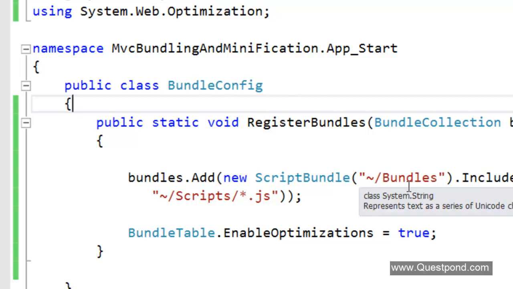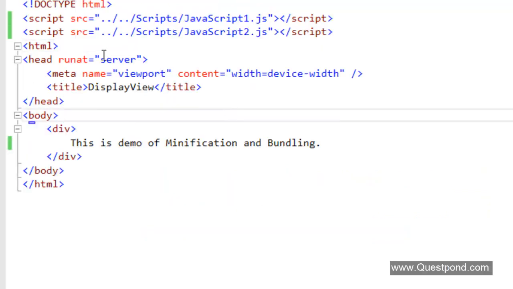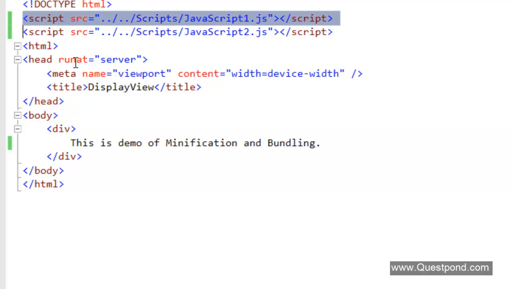We have created a bundles collection. Now we need to call this bundle collection in the display view.aspx. If you remember, right, in the view currently we have this script written like this. So we need to use the System.Web.Optimization and call the bundle collection here to inject that one big JavaScript file which will be created at runtime over here. So the first thing is I'll get rid of all this from here,